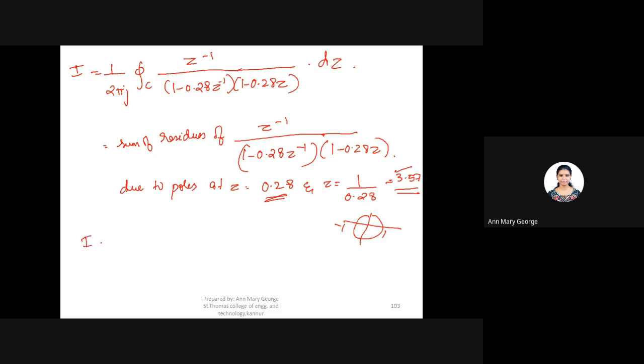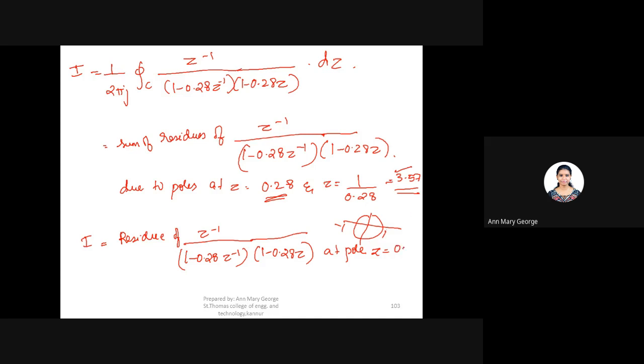For that you have to write the equation as I equal to residue of Z inverse by 1 minus 0.28 Z inverse into 1 minus 0.28 Z at pole Z equal to